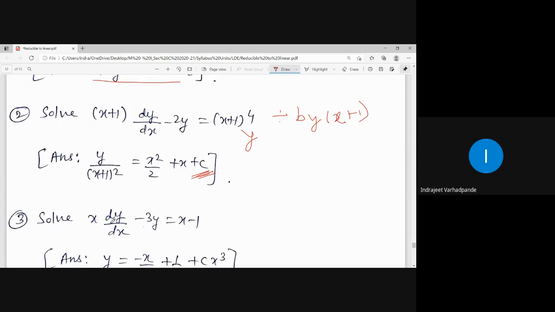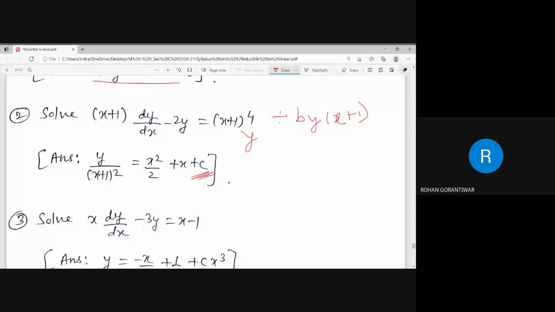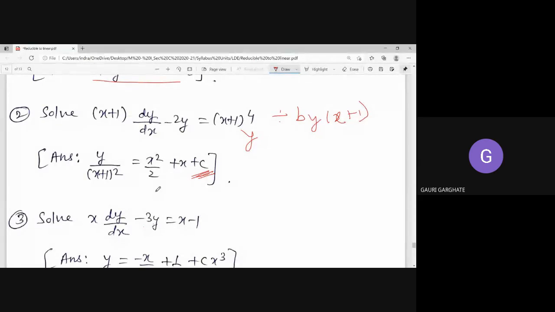Which form can it be? dy by dx plus py equals q. What should be done first? Divide by x. So it will become minus 3 by x, and here it will become x minus 1